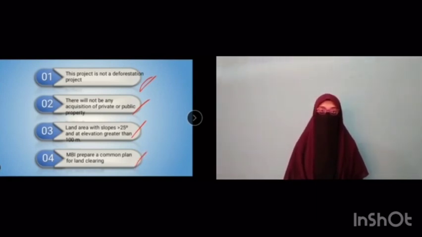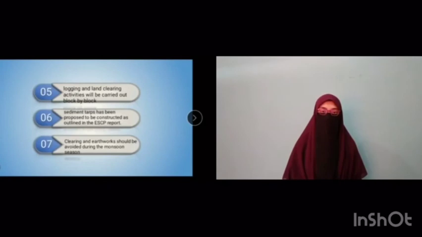Fourth, it is recommended that MPI prepare a common plan for land clearing that must be used by every forest or timber concession holder. Next, number 5. It is recommended that the logging and land clearing activities in the proposed project site be carried out block by block.